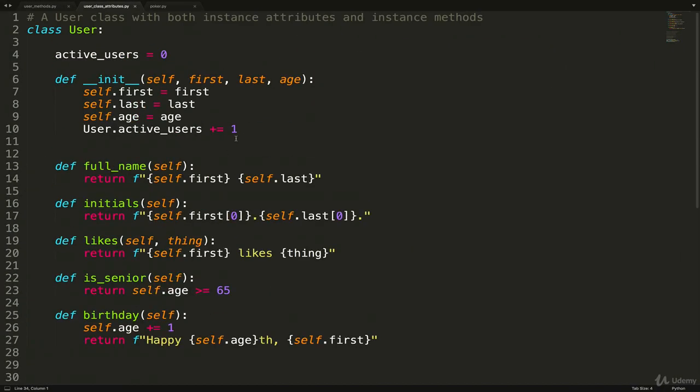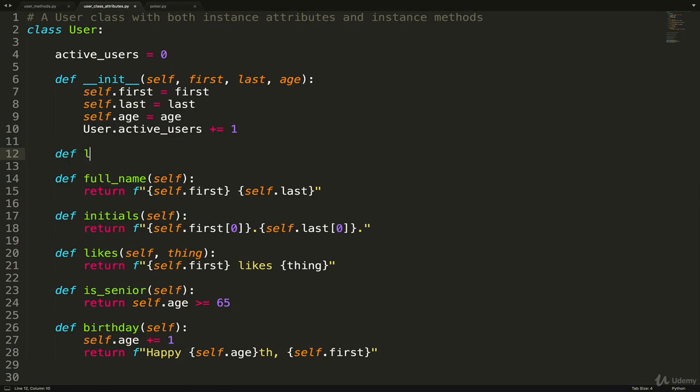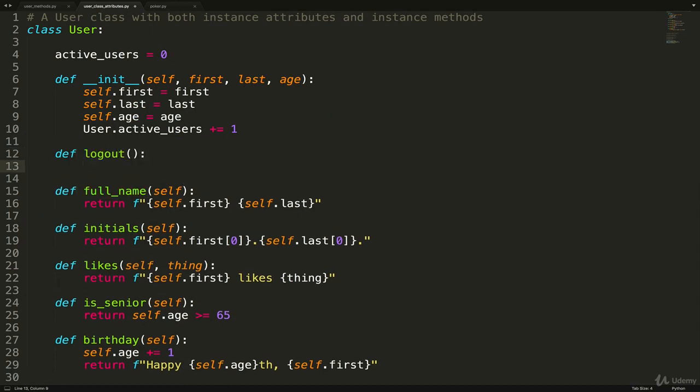All right. So we could also do something like define a method called logout. And all that logout does is, let's make it an instance method because it's going to print something like, I don't know, Jane logged out. Jane left the chat room. So we'll make that an F string that will return, and it should say self.first has logged out.